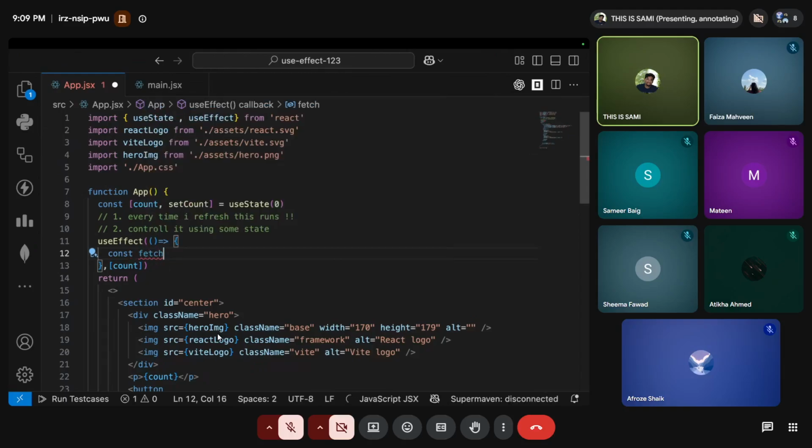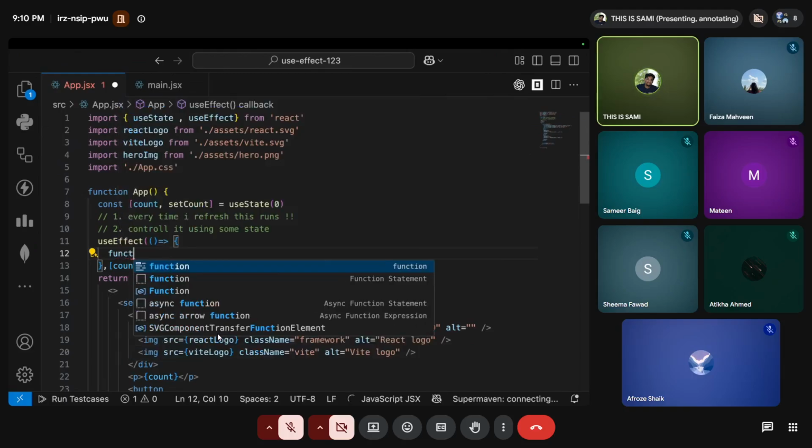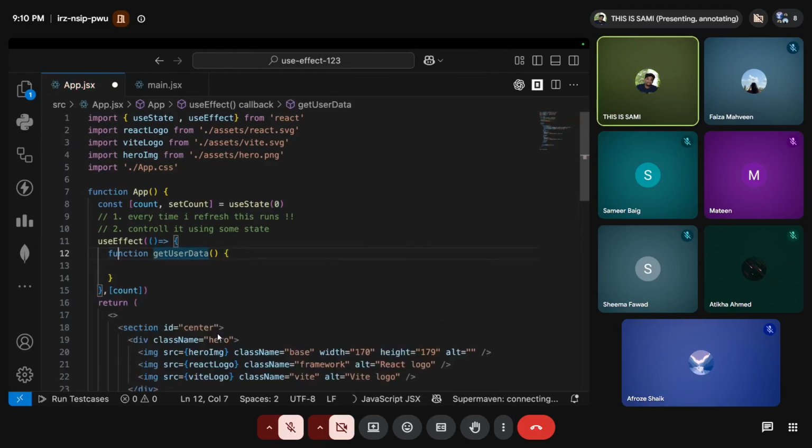fetch user data, and then in this we'll do this. Arrow functions, everybody knows what arrow functions are, right? Like, just in case if people don't know, let me not do this. Function get user data. I hope I remember how to write the normal function. This is this, ठीक है ना।